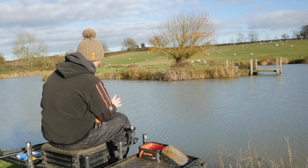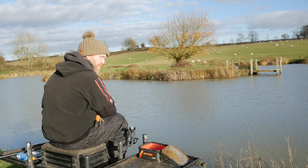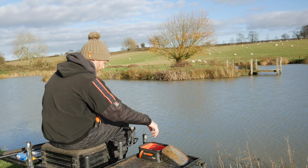if we can get any indications where we've fed some bait. It's not the end of the world if we don't, because we've still got other water to explore, but I think if we can get bites where we've fed a bit of bait earlier on in the session, I think that might set us up for the rest of the day. So all I've been doing,